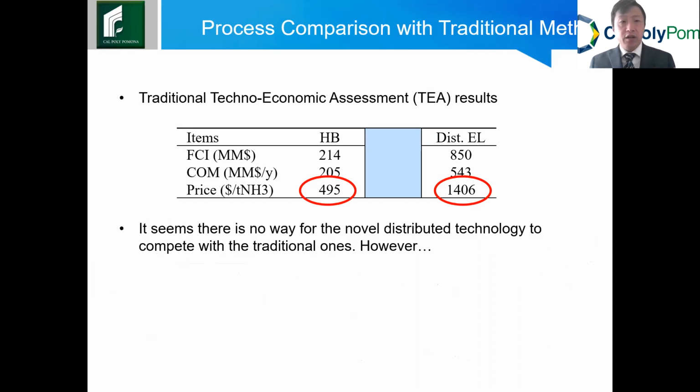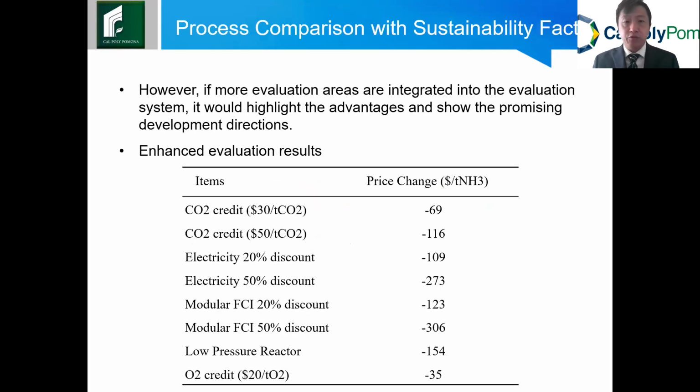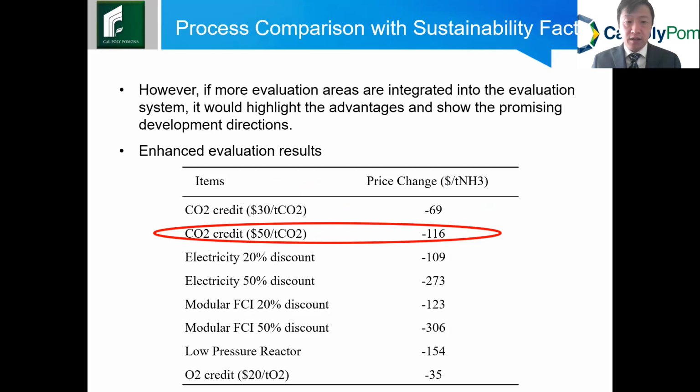So if we only talk about traditional assessment, it seems there's no way for this new technology to compete with the traditional one. However, if more evaluation areas are integrated, then we could say, for example,